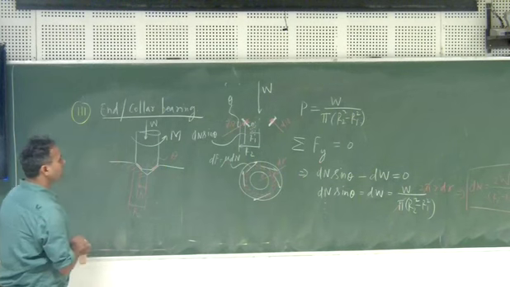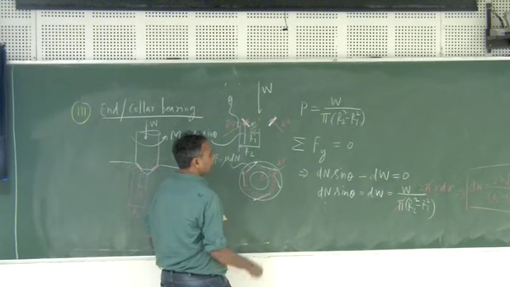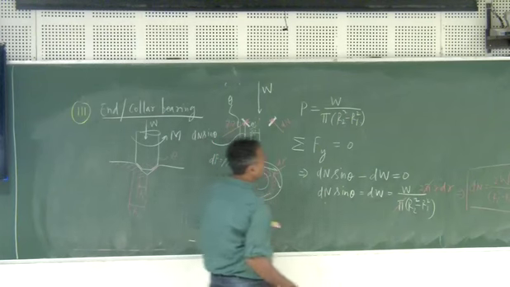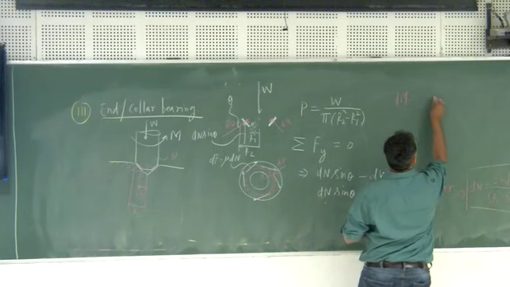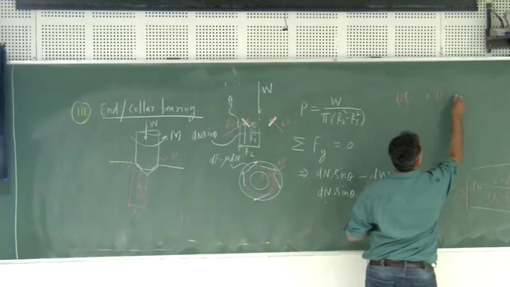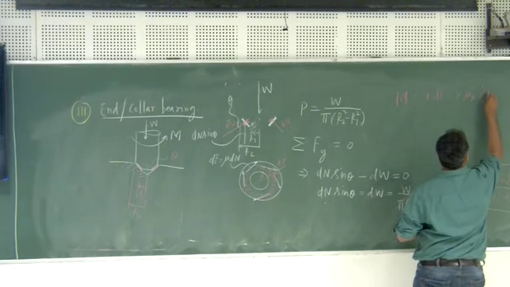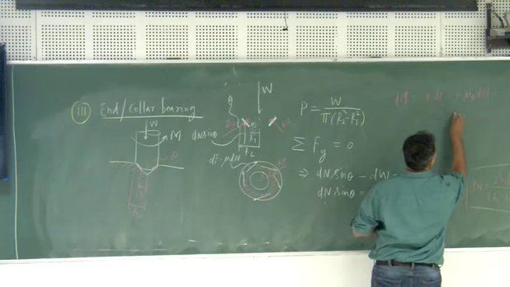Now you have to find out the moment which is required to overcome this friction. So what is the moment over here? The moment due to the friction will be given by r times dF, but this is equal to mu times dN. But what is dN? There it is. So you will be having W